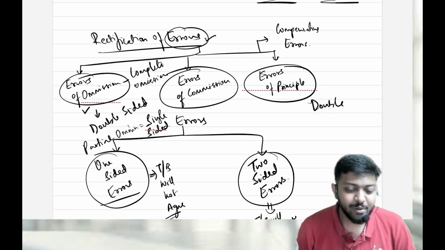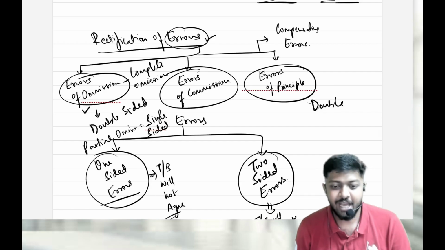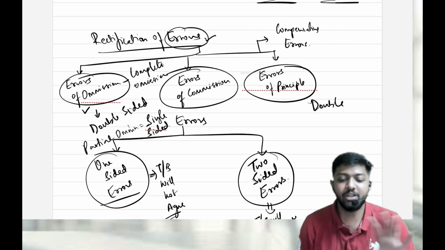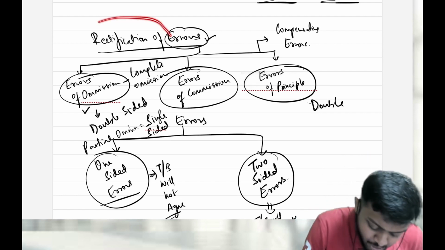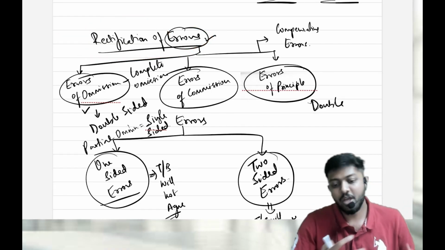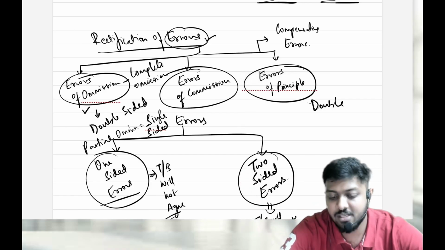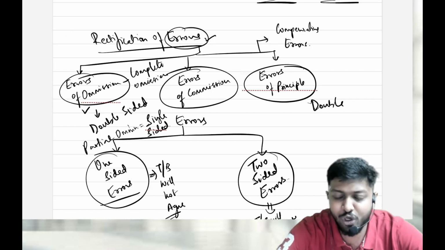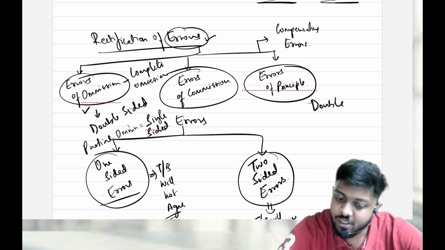So yeah, let's start with rectification of errors. We will finish this. Once we finish this, we will be done with chapter 1, all the discussions. Then we can comfortably solve all the questions and give an end to this discussion. So, rectification of errors. What are errors? Of course, guys, whenever we are doing accounting and passing entries, there are chances that errors will happen during the process. If errors happen, and if I find them, what am I supposed to do? I am supposed to rectify the errors. Correct?